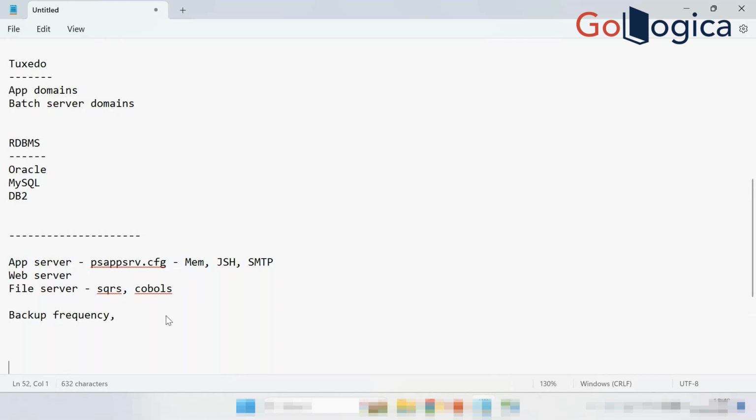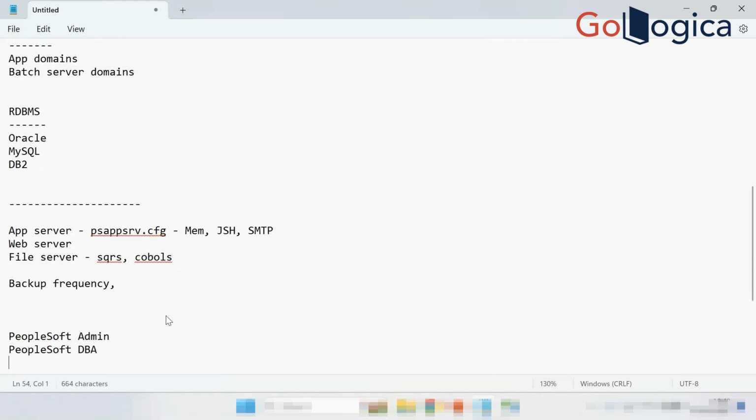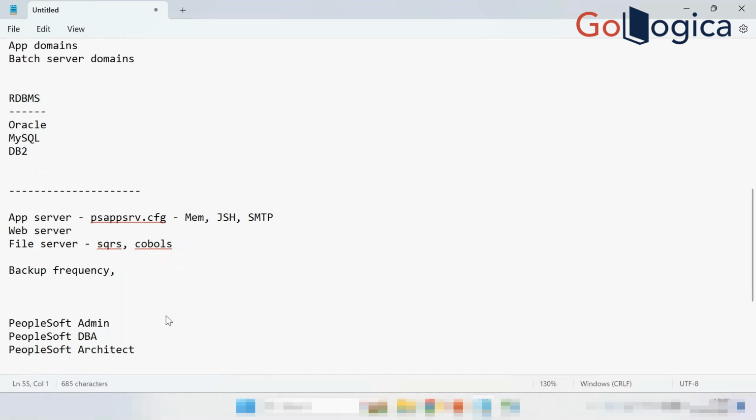Okay. So there are two terms: PeopleSoft admin, right? Then there is PeopleSoft DBA. Then there is PeopleSoft architect. Now they've come up with this term as well, PeopleSoft architect. Then there is something called PeopleSoft upgrade specialist kind of a role. So what happens is PeopleSoft admin is someone who would do the admin related tasks, all the tasks